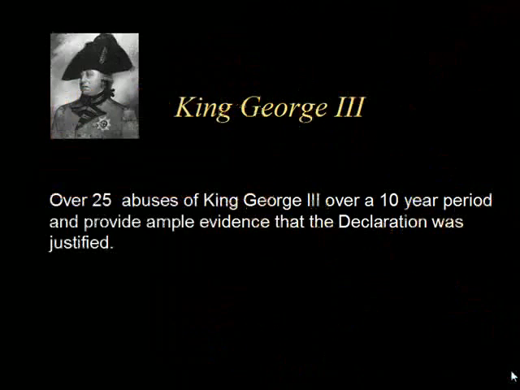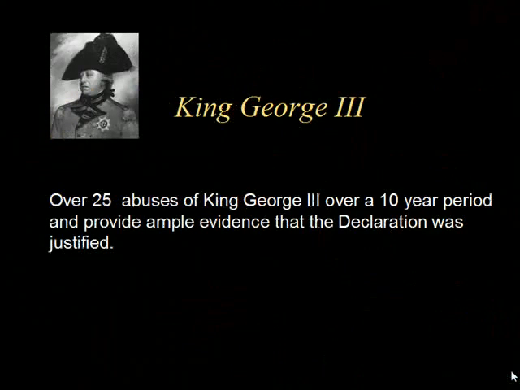There were over 25 abuses that King George III had done over a 10-year period, and in the Declaration, the colonists made a list and suggested that that list was ample evidence that the Declaration was justified, and here are